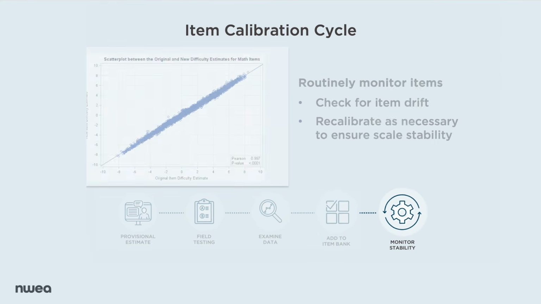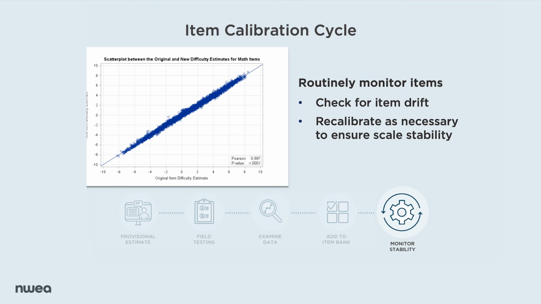Remember, when we talk about the properties of the RIT scale, we mentioned that it's stable over time. This stability doesn't happen by accident, and we continually monitor items across the entire item bank to maintain the continuity of the RIT scale. Part of this routine monitoring includes regular reviews of items to check for parameter drift. Parameter drift occurs when an item becomes easier or more difficult over time. In most cases, item difficulty remains highly stable, as you can see in this graph. However, there are times when scale maintenance is needed to adjust item calibrations and ensure ongoing stability. For instance, in 2020, we adjusted the items in the K2 test to address parameter drift between the K2 test